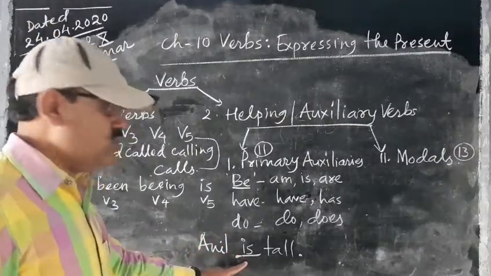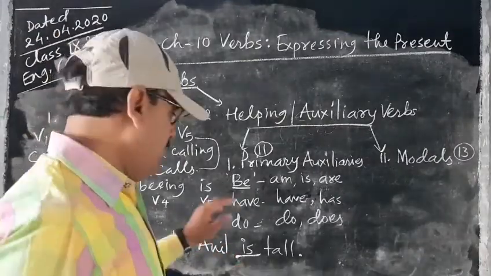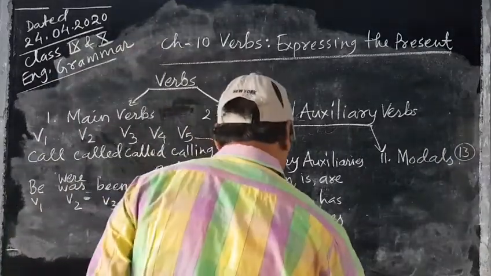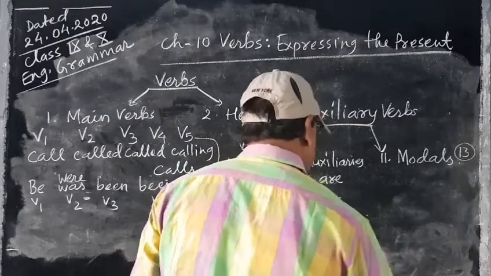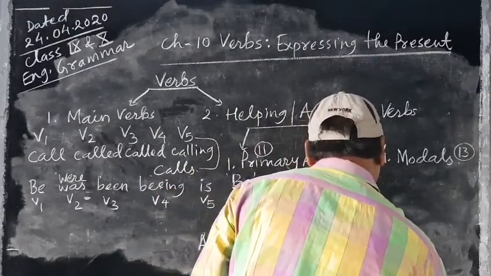So is has been used here as an ordinary verb, but the same verb in the sentence she is singing